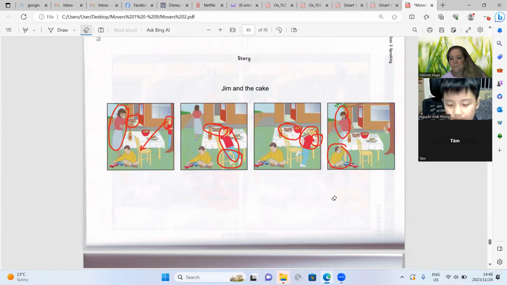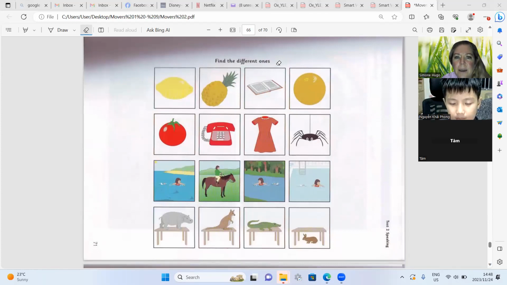Okay. We don't have much time left, so I'm going to start with the next one. We might not finish it. Okay, in the first row of pictures, the book is different.